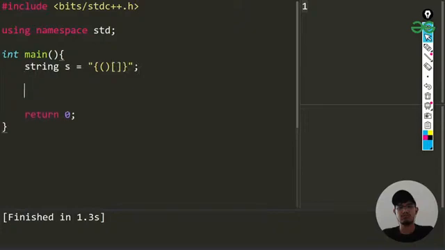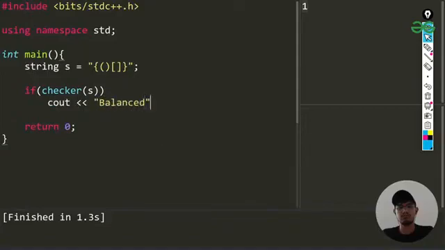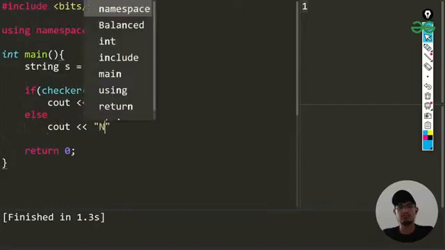So we'll be giving this condition that if my checker function, I'll be calling that checker, we have passed that s, and whenever it is returning true, which means it is balanced. Else, it is not balanced.